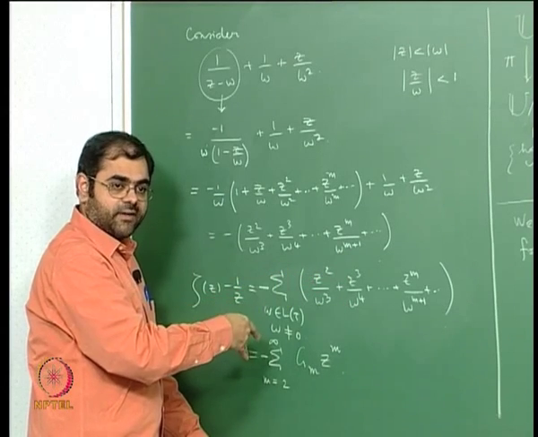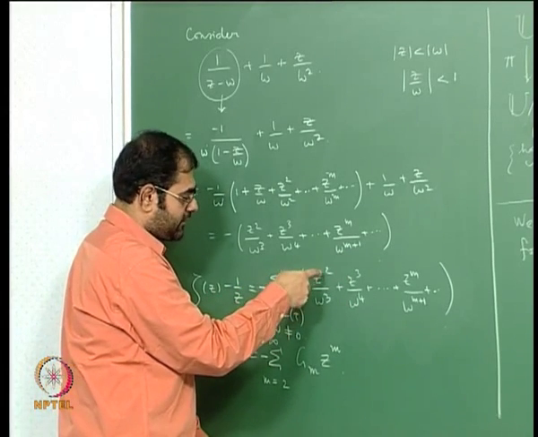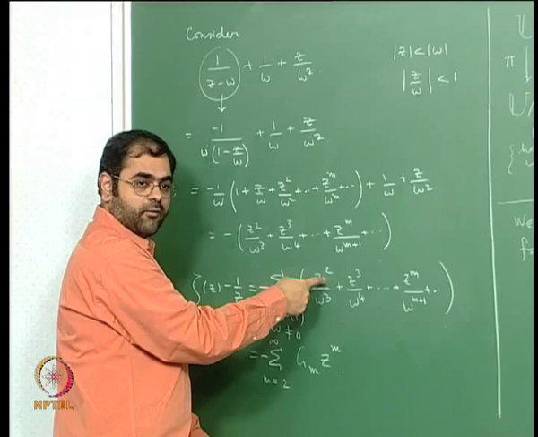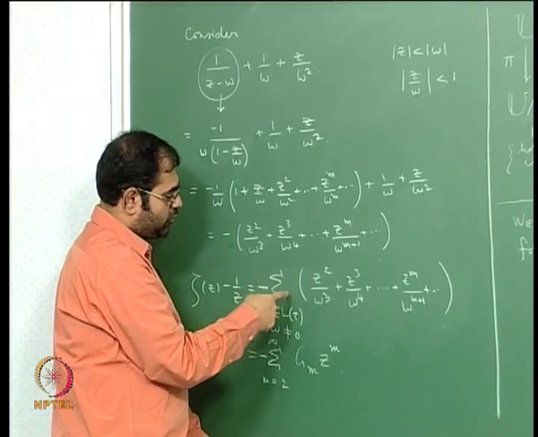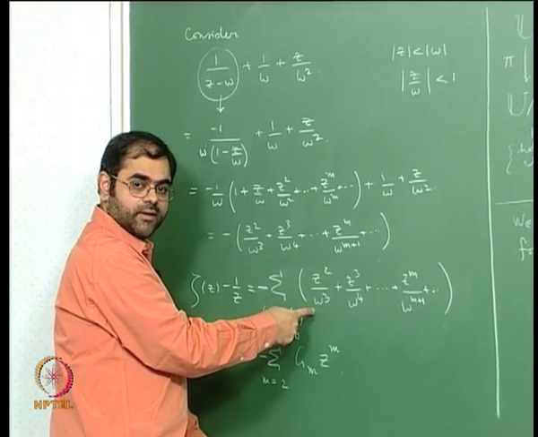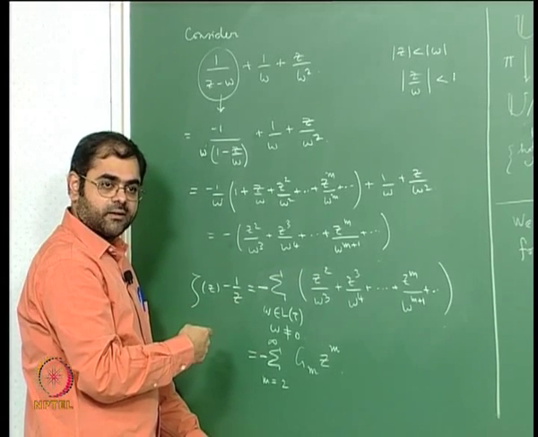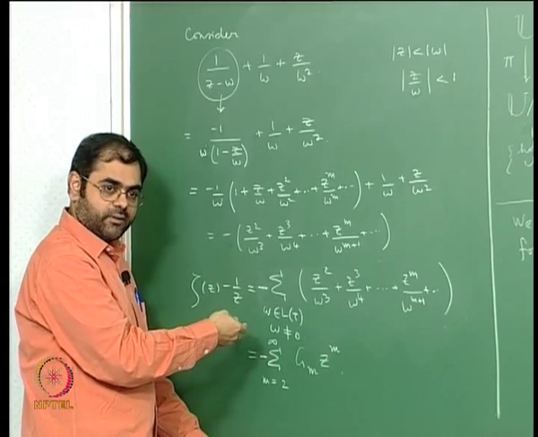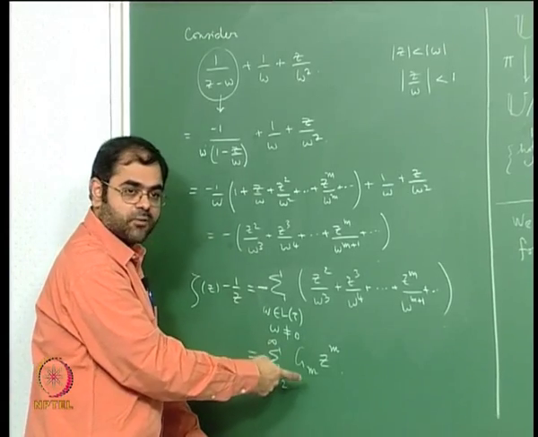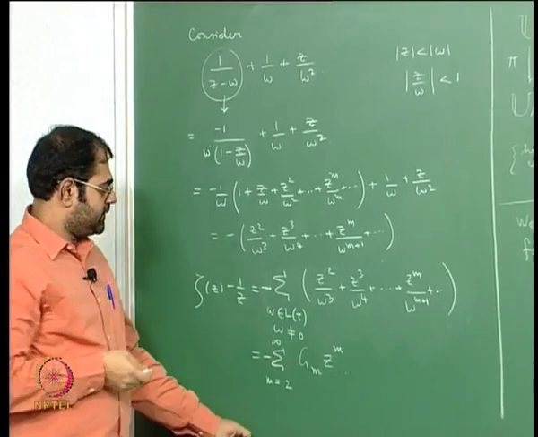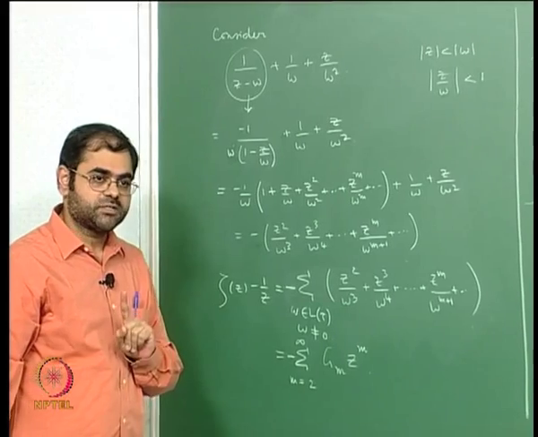I can sum it the other way. So what I can do is keep z squared fixed, and take the summation over 1 by omega cubed, and then absorb that as a constant which depends on tau essentially. So I can write it in this form. But the point is there are 2 points to be observed.